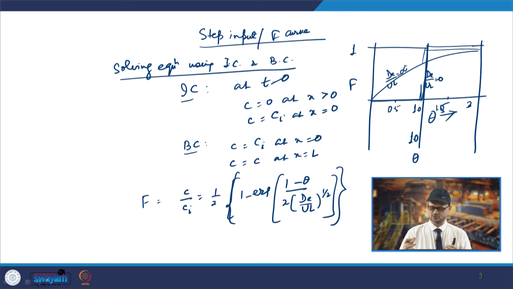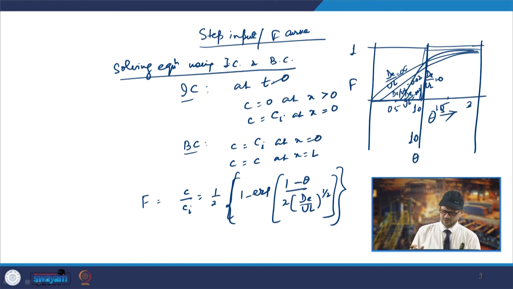So, otherwise you get the curves like this, or you get the curves like this. As it increases from 0, it will be 0.00. For this, d by uL will be 0.002. Here d by uL will be 0.02. So, this is what the researchers have found experimentally for the different values of d by uL,